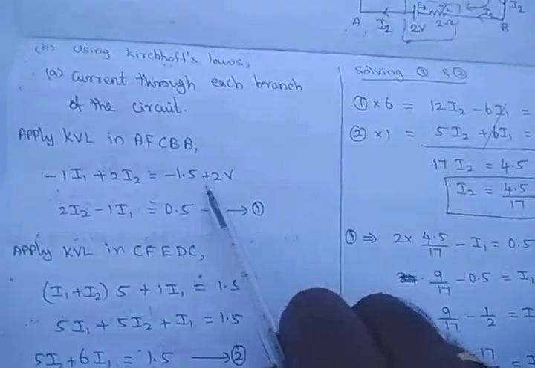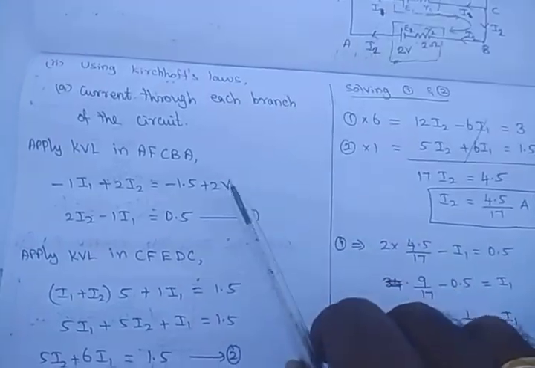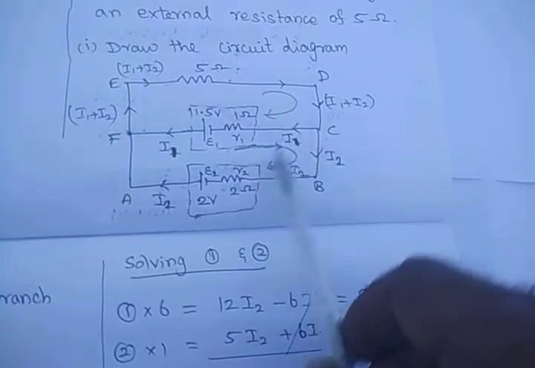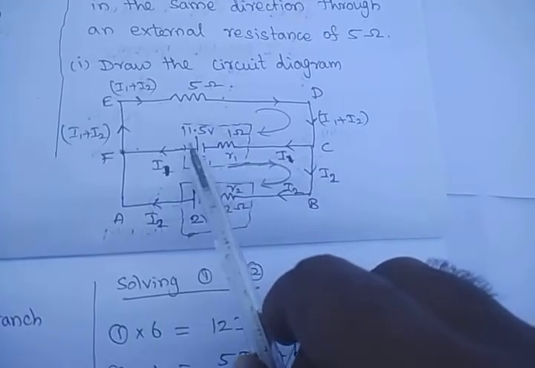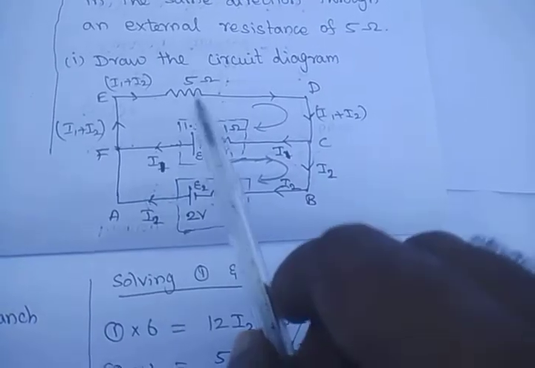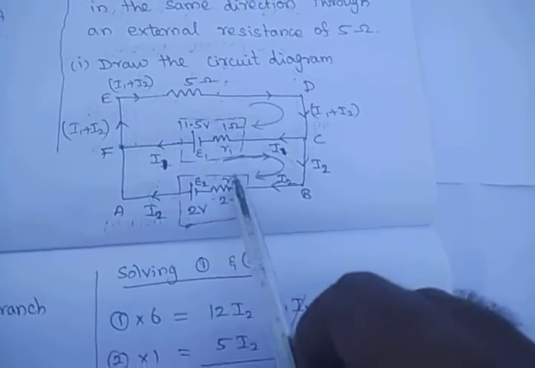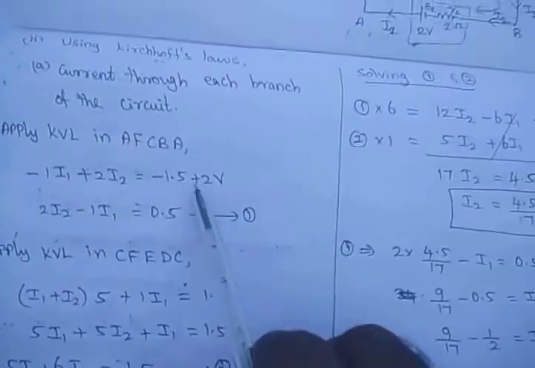If you remember the sign convention very clearly, it is easy for you students. Otherwise it is confusing. If the current is along the direction of the traversing, it is positive. If it is opposite, negative. If the traversal goes from positive to negative of a cell, you put a minus sign, and if the traversing direction is negative to positive, you take it as a positive EMF. So that is given in the first equation.